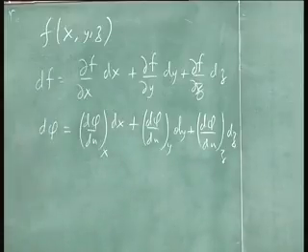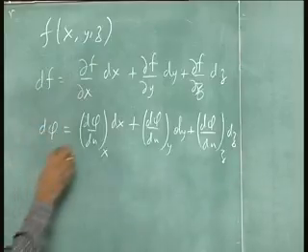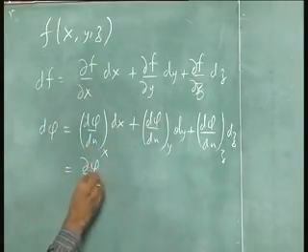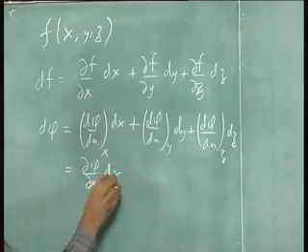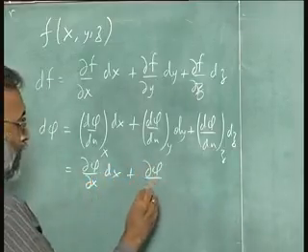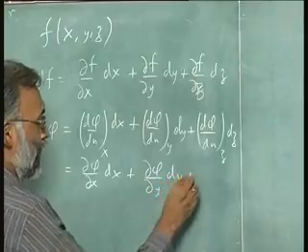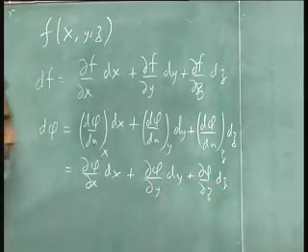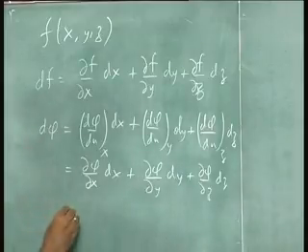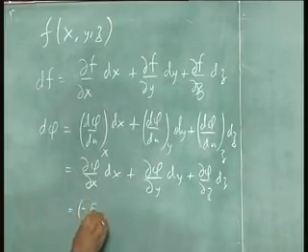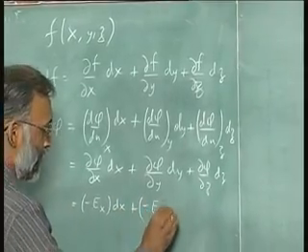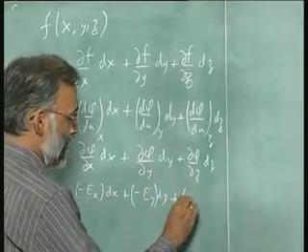So, I have three equations. Let me write them all here. This d phi is equal to this. It is also equal to del phi del x dx plus del phi del y dy plus del phi del z dz. It is also equal to minus Ex dx plus minus Ey dy plus minus Ez